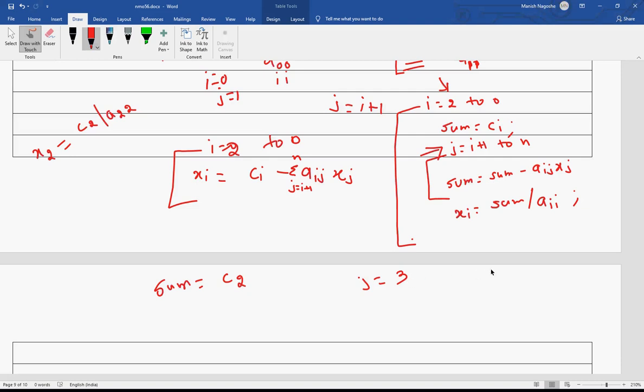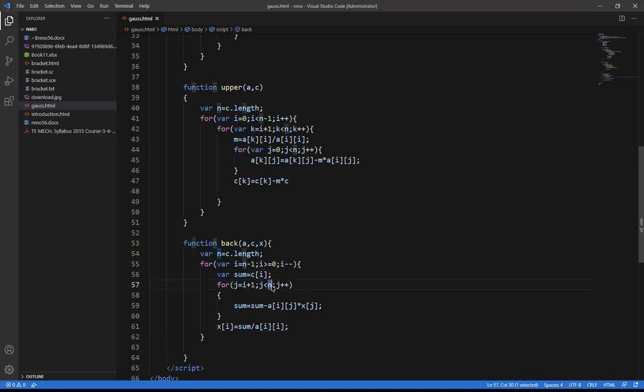So j = 3 means what? I am talking about 0, 1, 2, 3. It can have the value up to only this. It cannot have 3, so it is not up to 2. So therefore this won't be true. You could see here, my n will be 3. So j is never less than 3. Therefore 3 is never less than 3, so this condition is violated. This is not true.